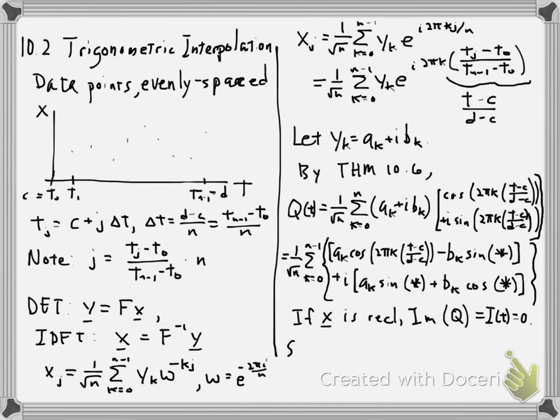Okay? So, the coefficients, or the Fourier coefficients, a sub k, b sub k, are the coefficients of the trigonometric interpolant. Even more than that, though, we have, if we combine lemma 10, or lemma 10.4, and so I'm going to write down lemma 10.4. I did not previously write it down, so let's write it down. Lemma 10.4 states,